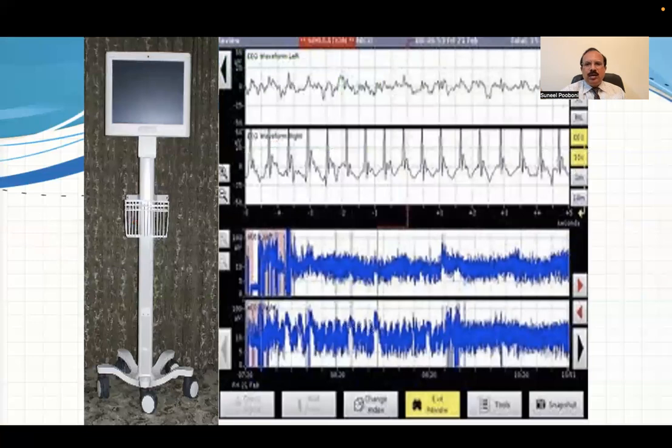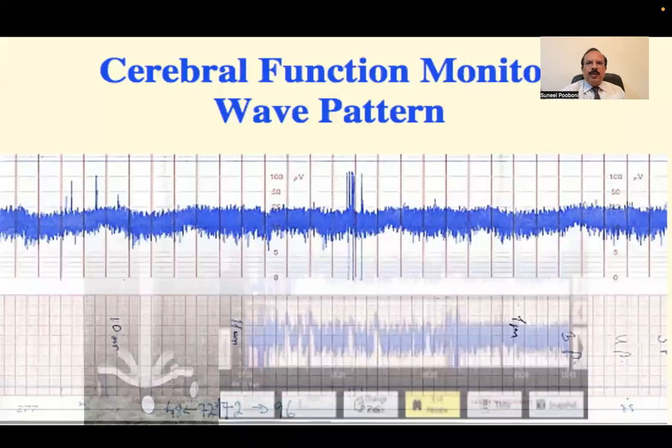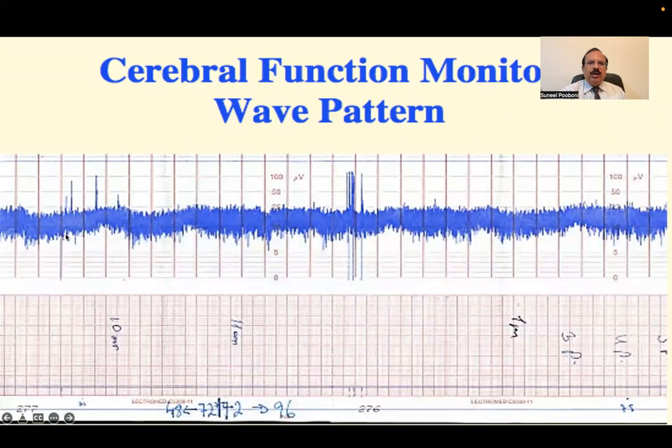This is another useful device, that is cerebral function monitoring, CFM or CFAM. It is used mostly in neonates and children. It measures the underlying brain activity under the electrodes. There are not many electrodes in this. There are usually just 8 electrodes for cerebral function monitoring compared to multiple electrodes in case of electroencephalography